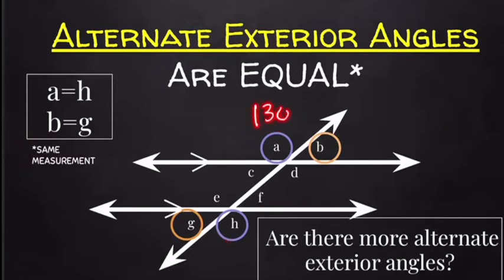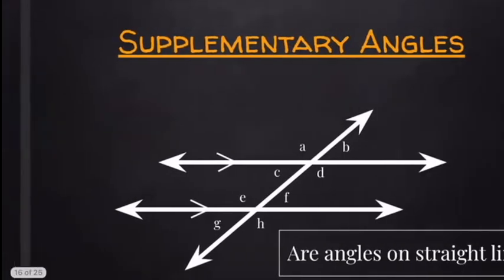如果 A 是130度，那么 H 也会是130度，因为我们知道 alternate exterior angles 是相等的，所以它们的度数也会是一样。If B was equal to 60 degrees, what would the measure of angle G be? 如果 B 係等於60度嘅話，G 亦都會等於60度，因為我哋知道 alternate exterior angles 係對等嘅，佢哋有 same measurement. So our next one would be